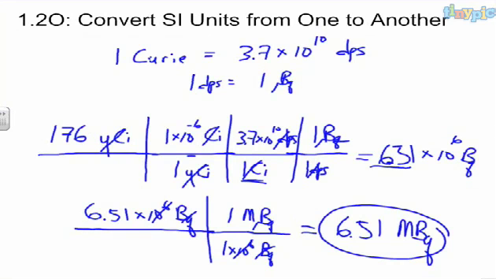So this railroad track method works really well. The big issue here is make sure that whatever you want to put in the numerator, whatever you're looking for, and you want everything to cancel out, and your top always has to be equal to the bottom. So 1 times 10 to the minus 6 curies here is equal to 1 microcurie. This 3.7 times 10 to the minus 10